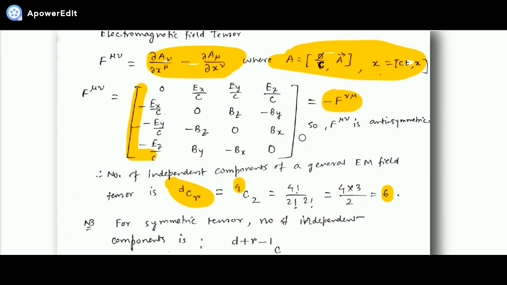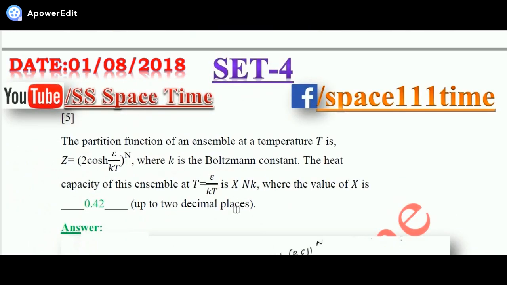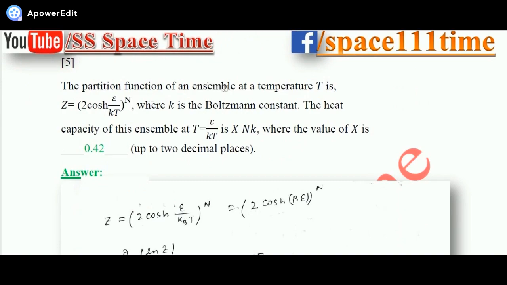One more thing to note: if it were a symmetric tensor, then the number of independent components would have been D plus R minus 1 CR, where D is the dimension and R is the rank of the tensor. Next, question number 5: the partition function of an ensemble at a temperature T is Z equals